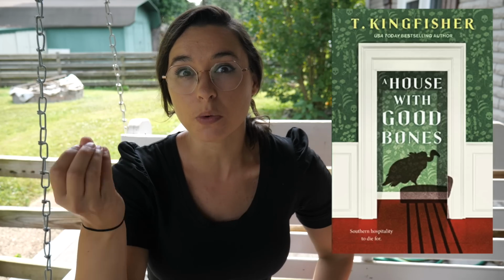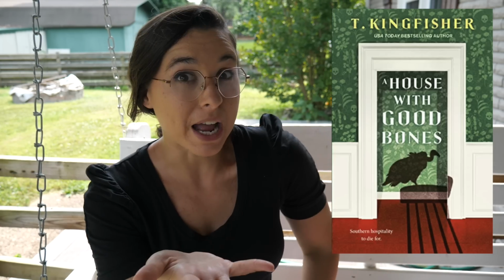So I like that. I like following a character with this very logical view of the world encountering supernatural things. So it's like she tries to logic her way through it, but it's supernatural, so you kind of can't. So that's a really fun juxtaposition that this book has us in. I also really like her dynamic with her mom. There's a few other side characters introduced that are all very strong, like just really strong character work in this